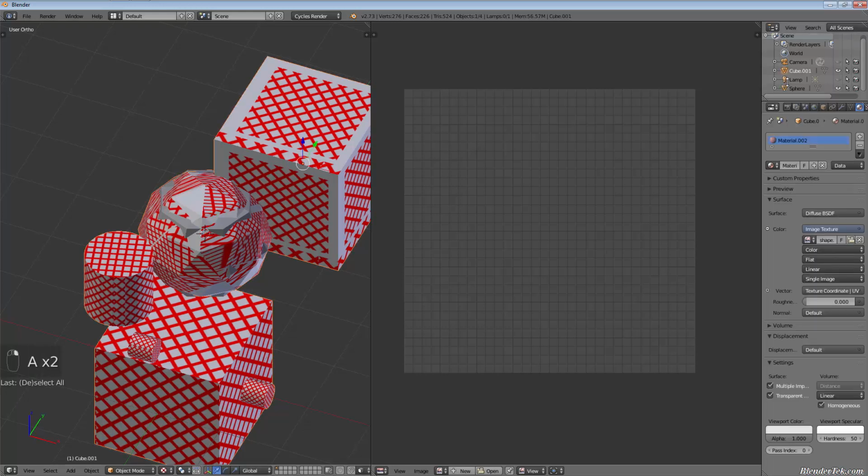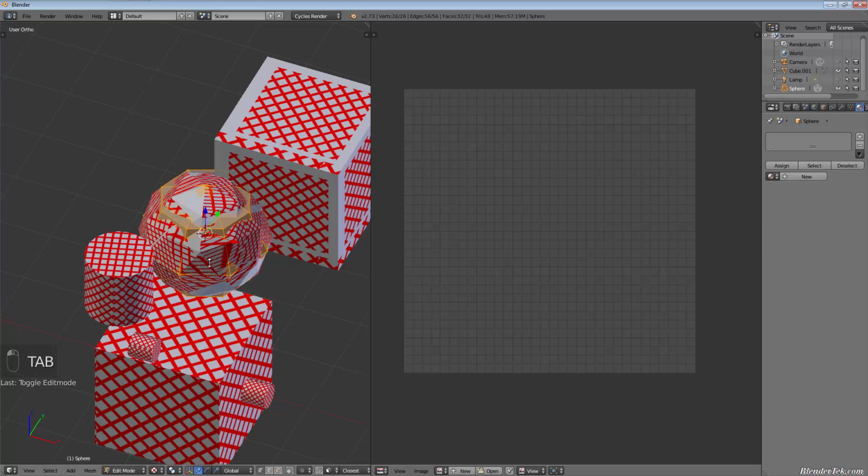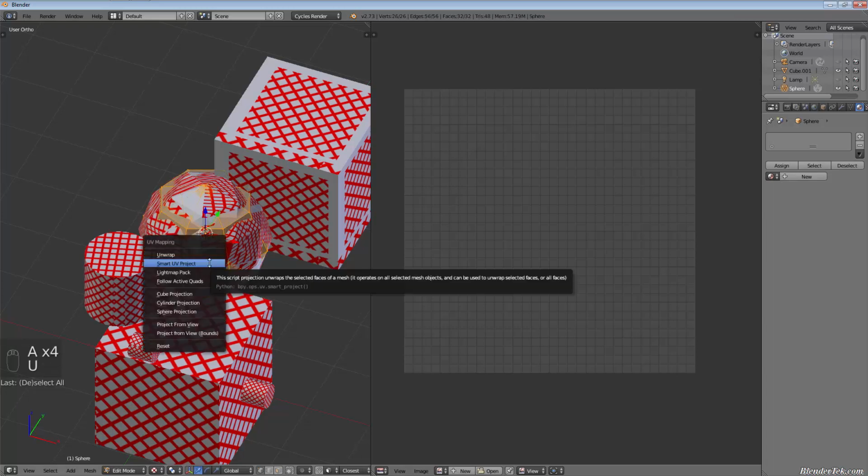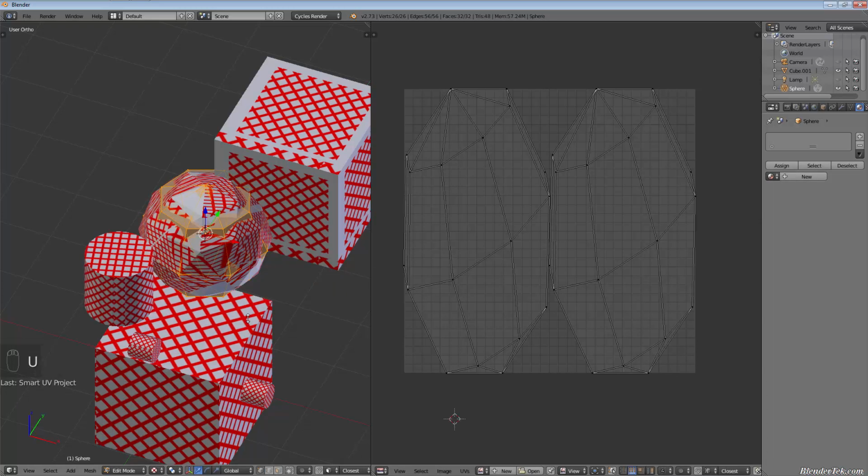Let's see what that looks like. Not the greatest example, but I could do that really quickly to show you how it works. I would do something like